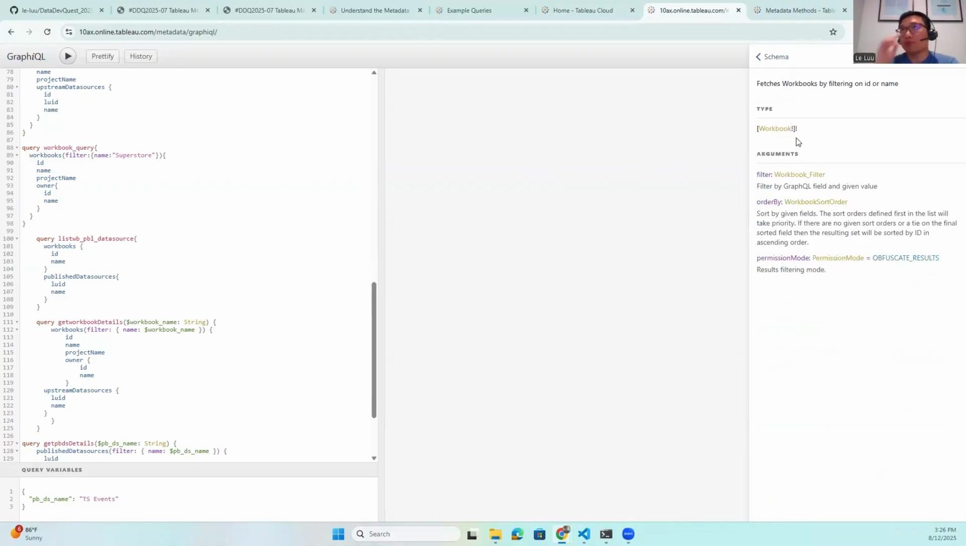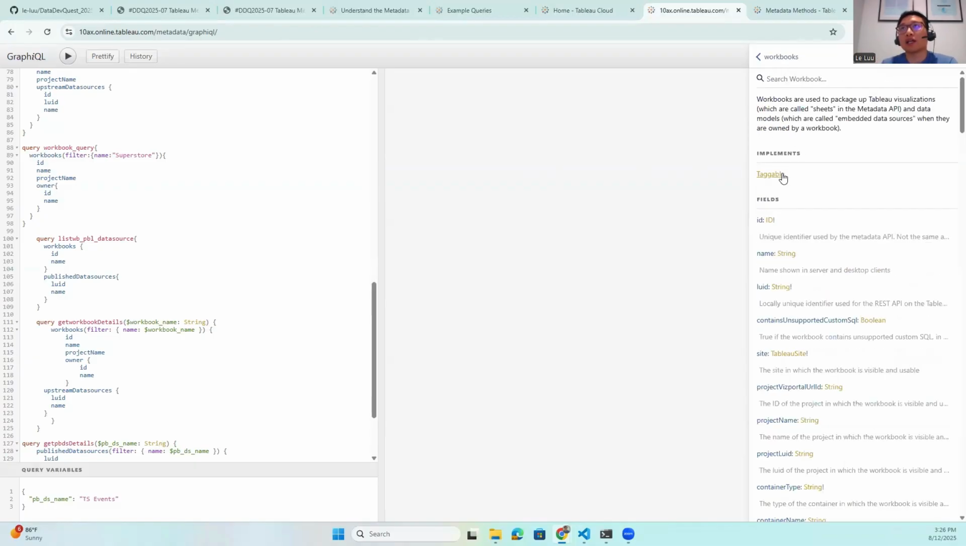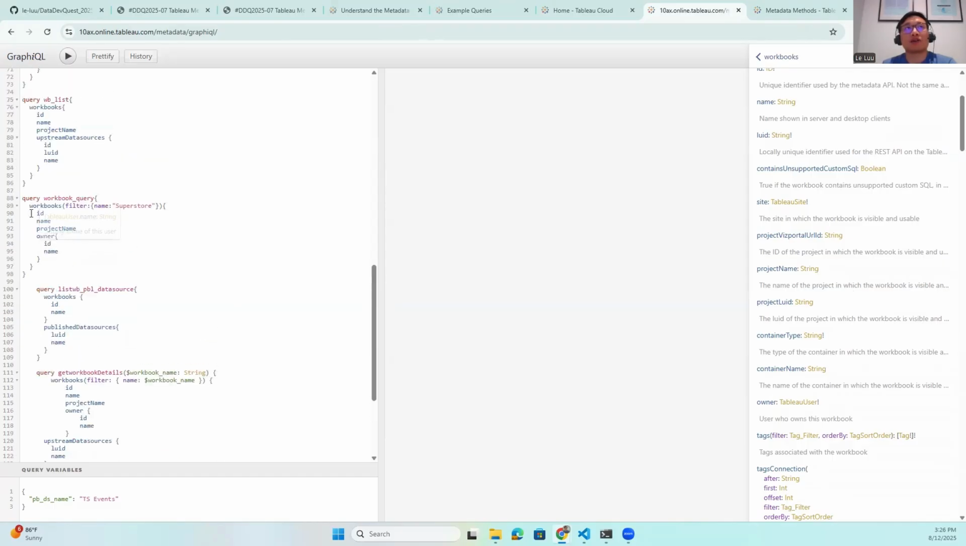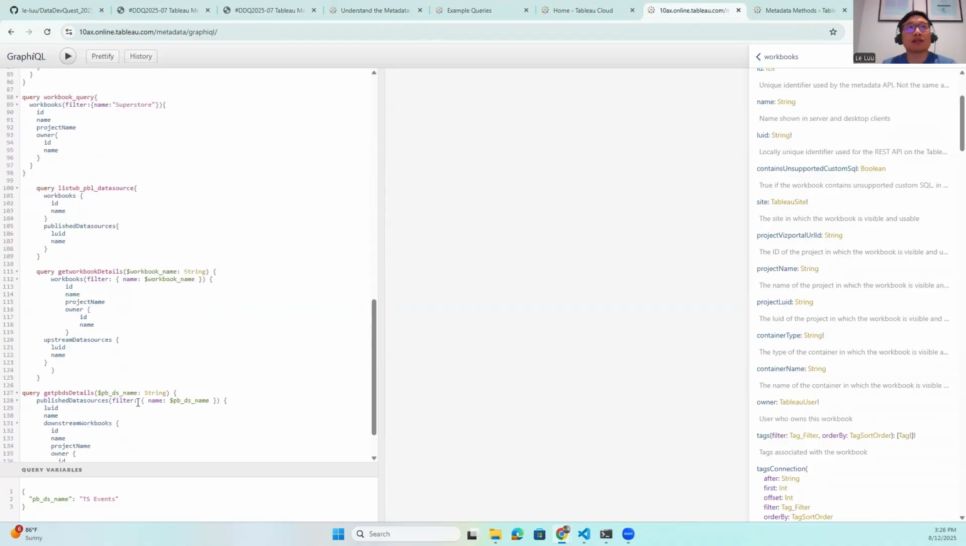And to get the objects in the workbook, you can click on here. So I would like to get the ID and name of the workbooks. There are some fields that you can put inside the workbook. So I would like to get ID, name, the project's name it's in, and the owners of this workbook. So I put the fields in here, and as you can see there are many queries in the